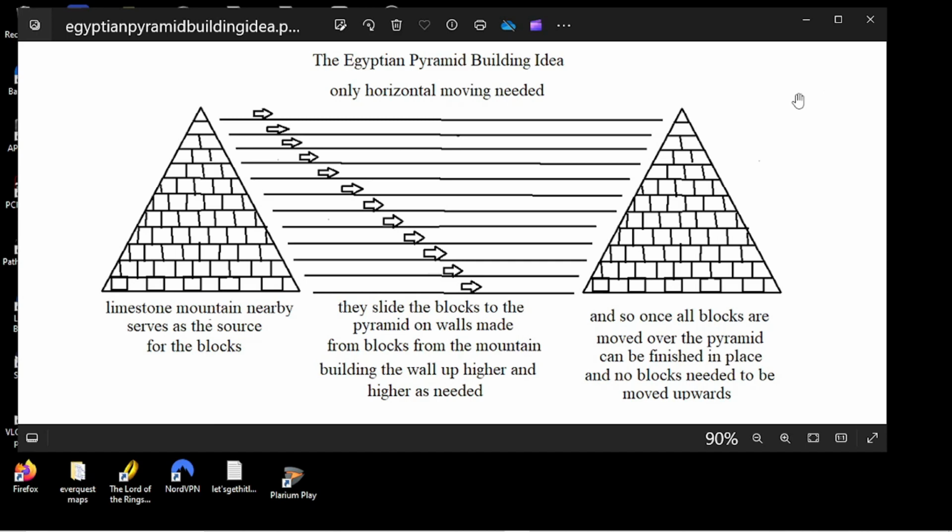This is my thoughts about how the Egyptian pyramid could be created. All right. Like the really big ones, it's just an idea. I mean, nobody knows how they were created, so this is an idea just like any